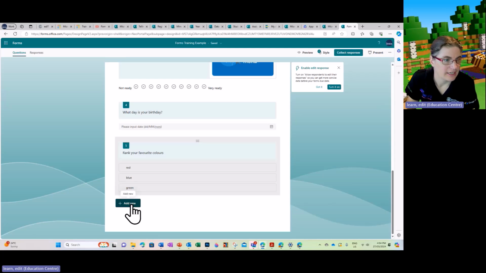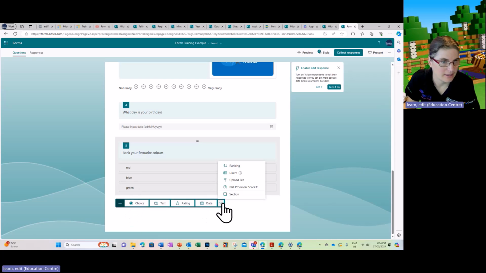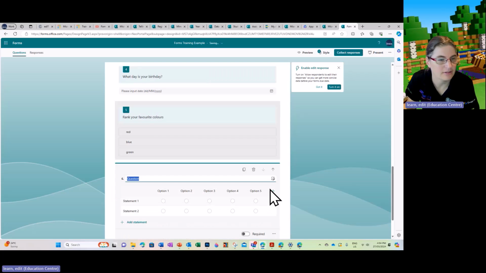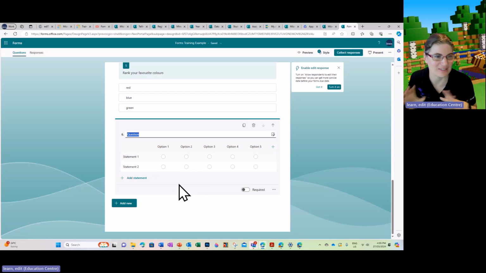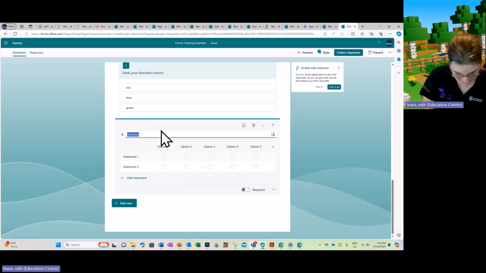Let's do add new again. And this time we're going to do the Likert. So this is the one that gives you the grid where you can put the question and then the different options. So again, this is really handy if you've got statements where all the responses could be similar. So if you're asking people how they feel about something. So let's put in here,